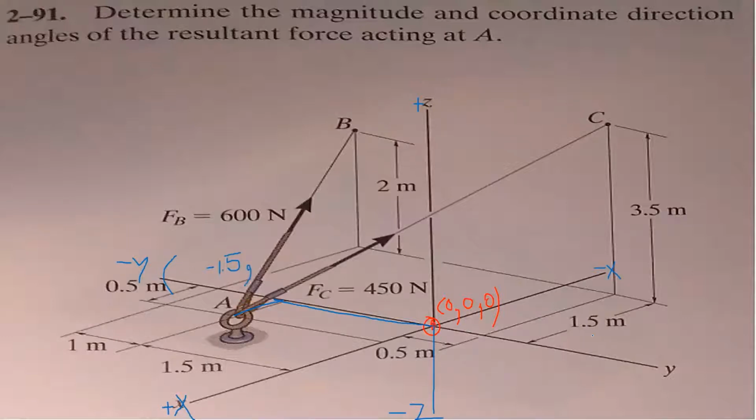We are not moving towards this side. Then for the x value, we have to move here, parallel to the positive x-axis. We are moving here, not on this side. This distance is 0.5, so it should be positive 0.5. Now z is left. The point is not raised above or below, so z will be 0. So 0.5, comma minus 1.5, comma 0 are the coordinates of point A. Let's start with point B.